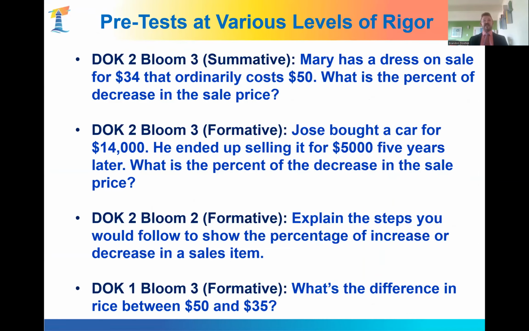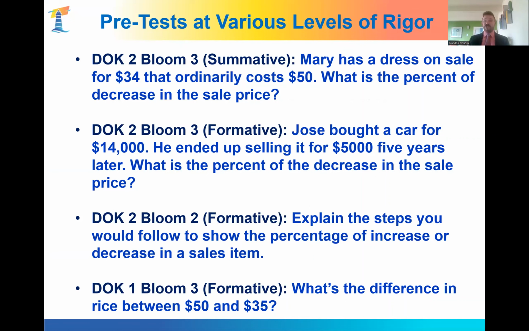So here's some various levels of rigor in math. We notice at the easiest level, we're measuring DOK 1, Bloom 3. What's the difference in price between $50 and $35? At DOK 2, Bloom 2, explain the steps you'd follow to show the percentage of increase or decrease. DOK 2, Bloom Level 3,